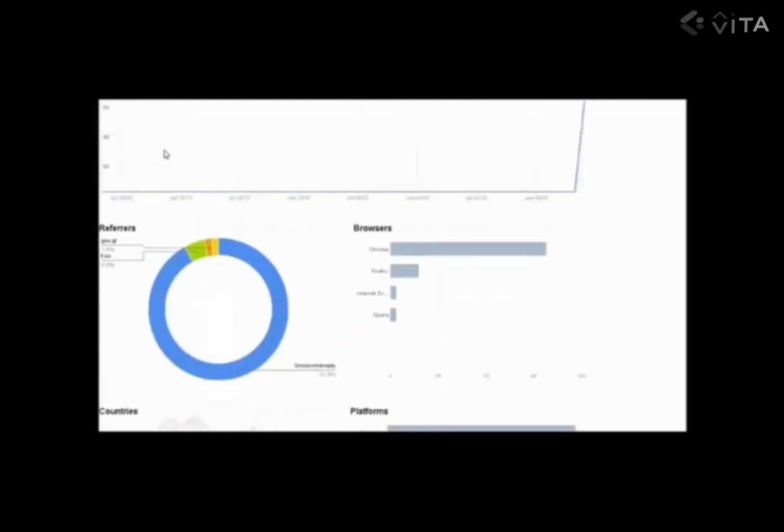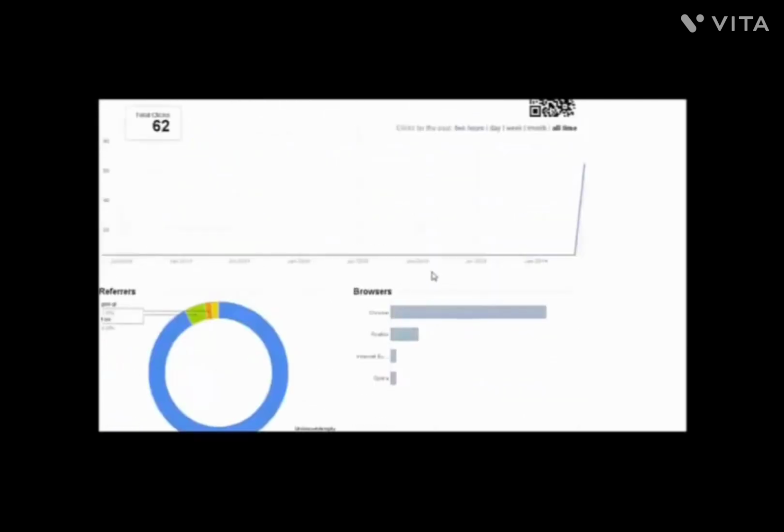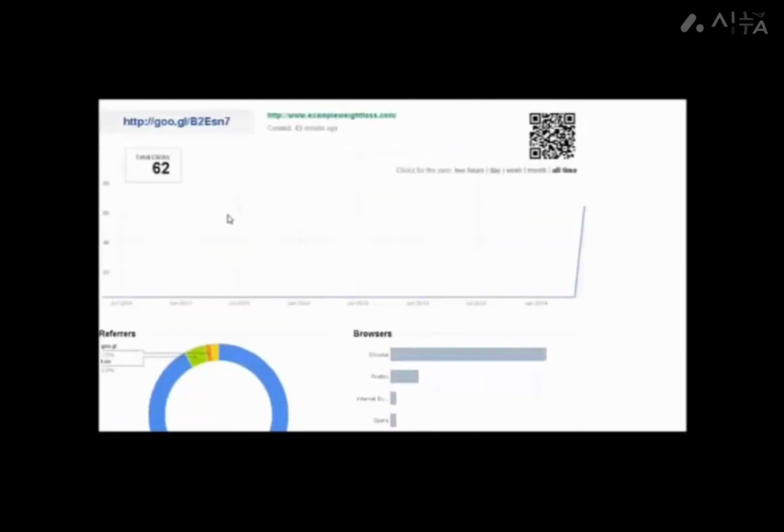But yeah, as you can see, large majority of this is still United States traffic, and there's one click in there from the Netherlands, and then a few that Google doesn't really like to track international countries, it seems. But yeah, as you can see, this is generating quite a bit of leads.